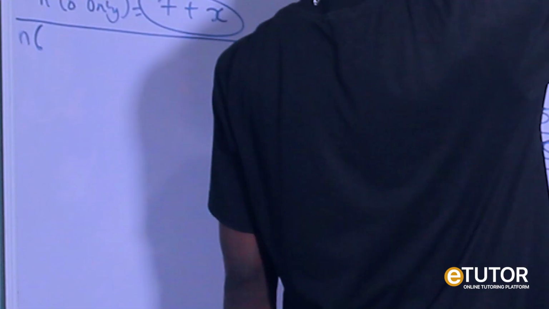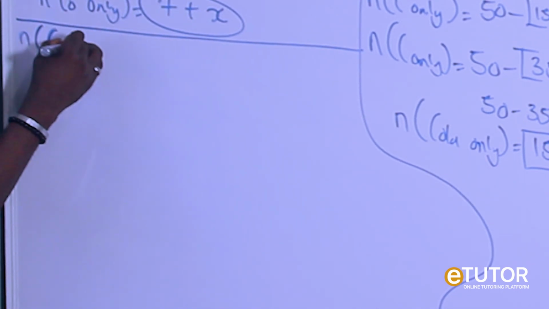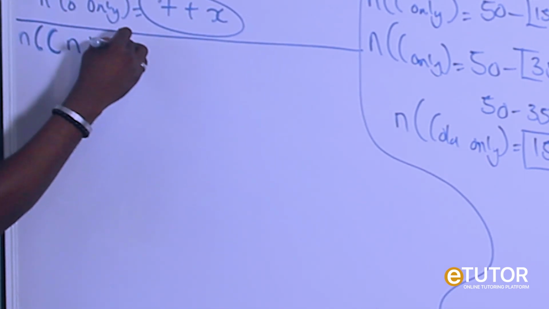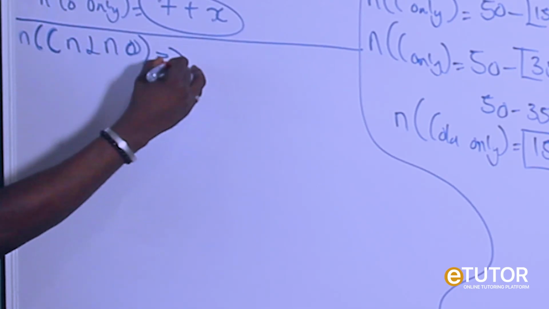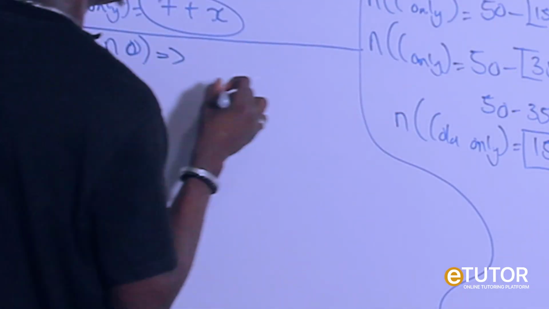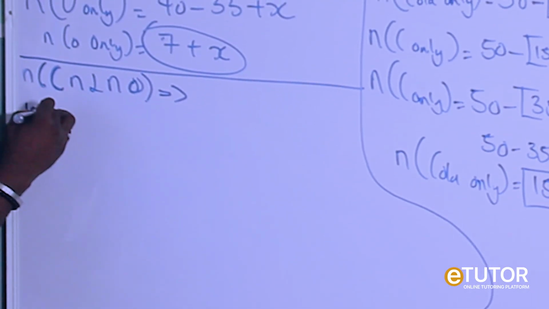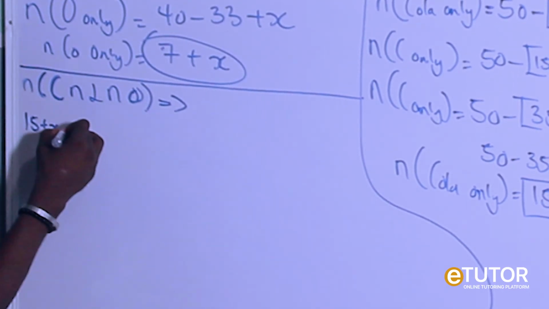That is C intersection L intersection O. So my C intersection L intersection O is equal to, you're going to add everything you have inside of here, equal it to what? 100. So you're going to have 15 plus x,